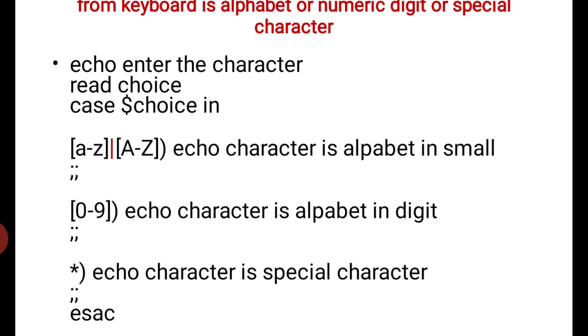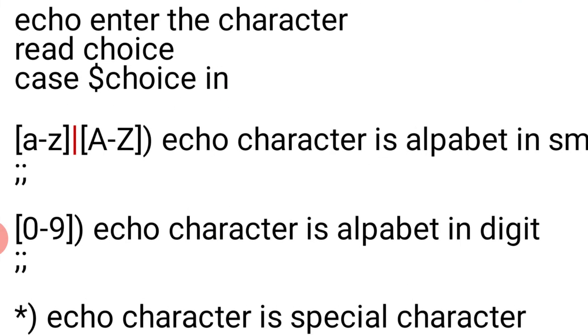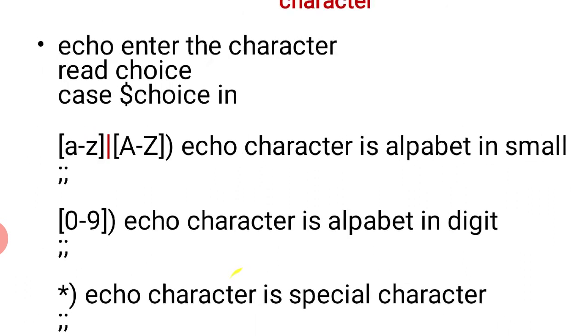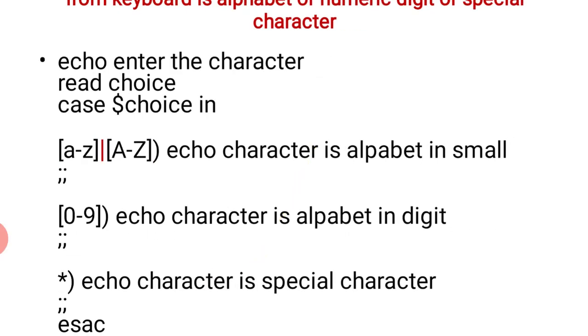So both syntaxes we have combined here: small a to z, pipeline, capital A to Z. Students, in your book by Yashwant Kanetkar, small a to z is given as one choice, and in the second choice they have used capital A to Z. It is given, but practically it is not working just because of the ASCII values. The ASCII values that come, it will display the character in one range, and it will not be displayed for the other, only one range will be displayed. So you have to write this program. This will be executed. If you write according to the book, it will not execute.